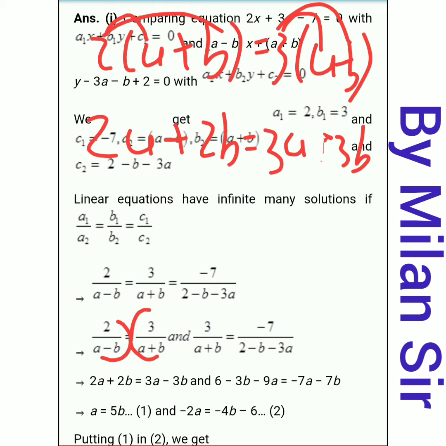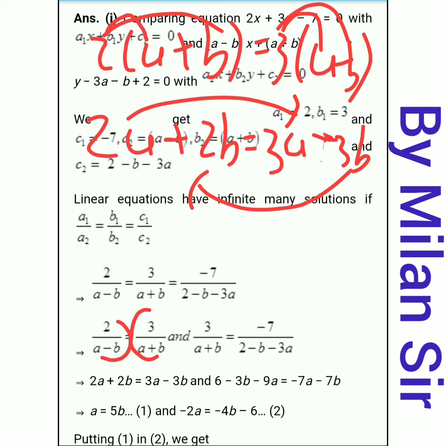Right, a minus b. That's why here we need to put my negative sign. Okay, 3a minus 3b. It's my mistake. Now just transfer this 3b to the left hand side and transfer this 2a to the right hand side, because